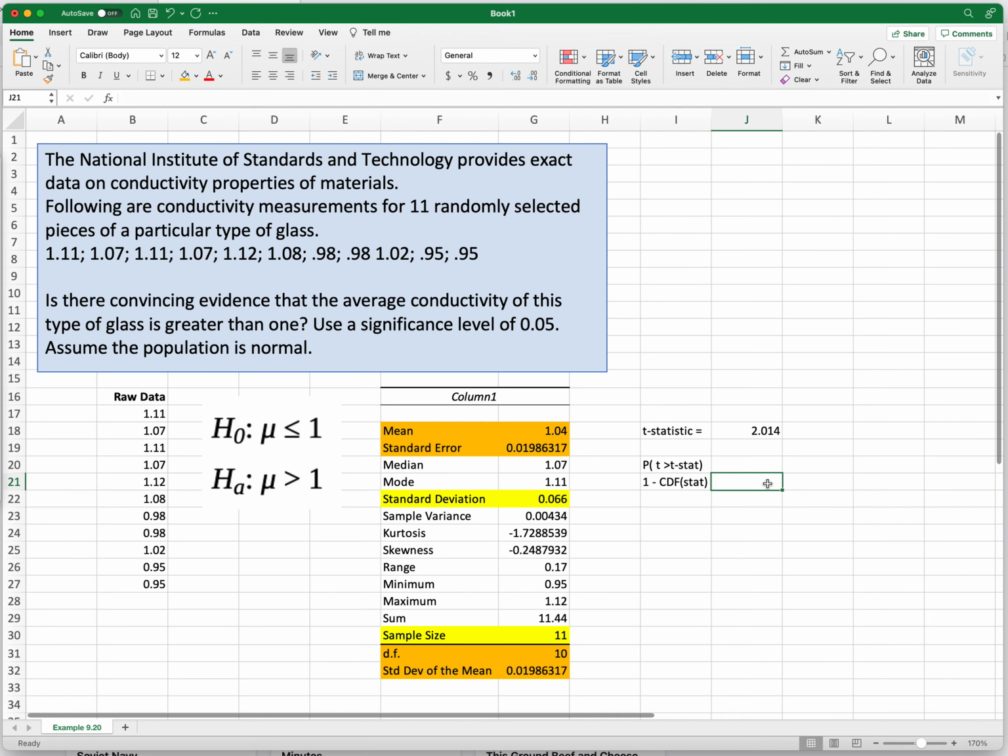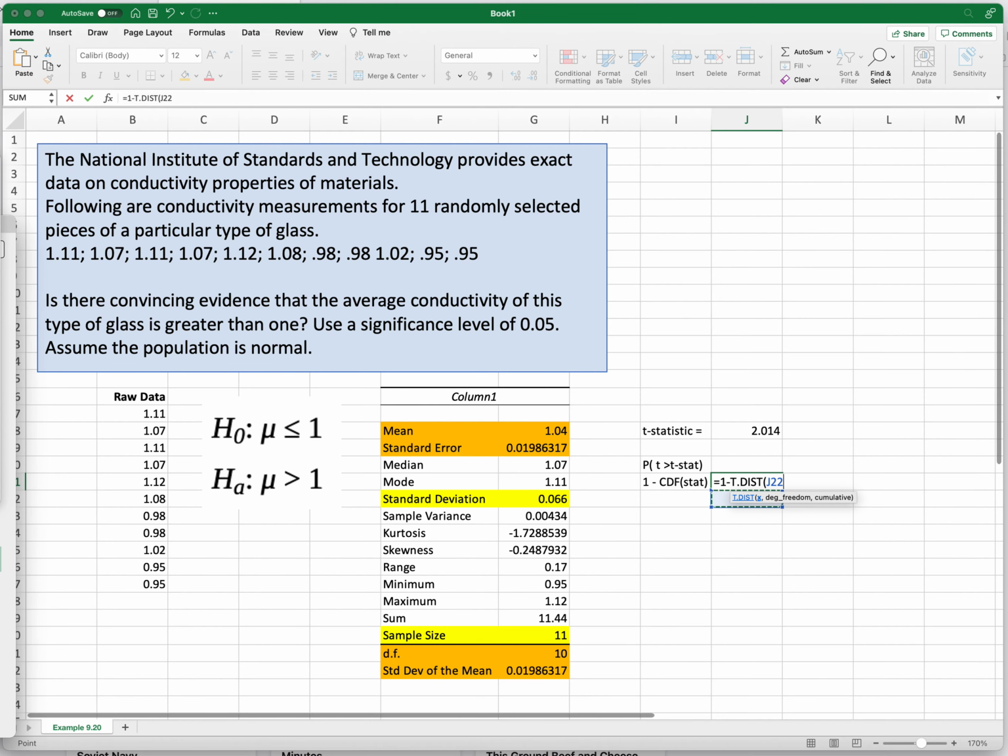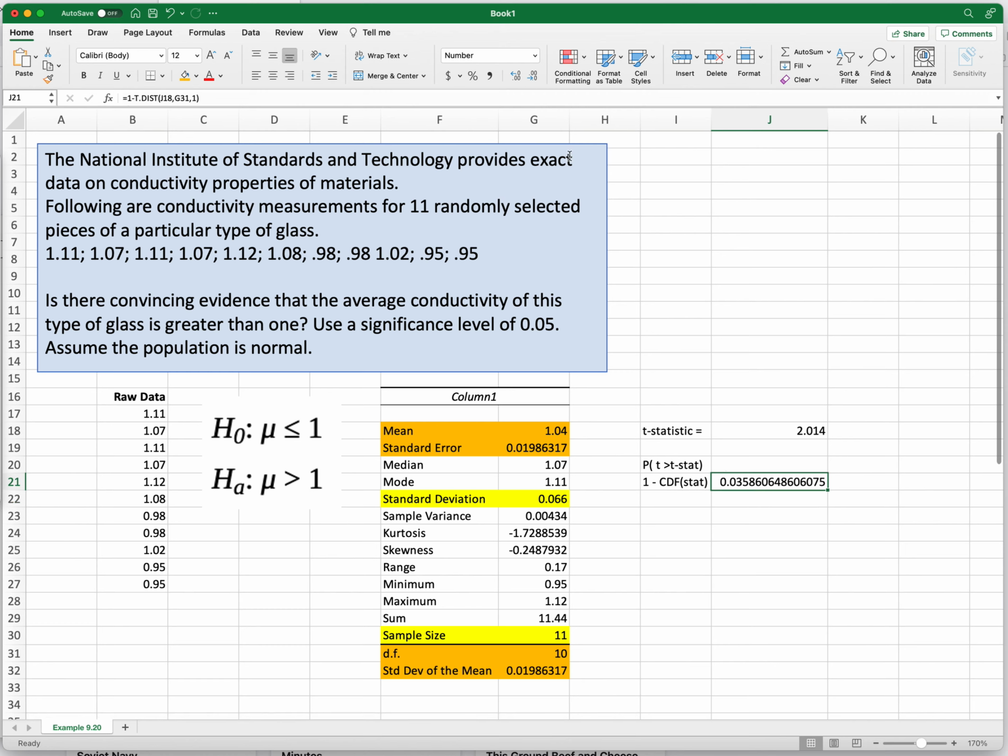Can't spell, but I'm okay. So I'm going to say it's equal to 1 minus, now I have T.DIST, which, if I double click on that, is a cumulative distribution of the t distribution. So I want not J22, but I want this 2.014, comma, what's my degrees of freedom? 10, comma, 1 for cumulative distribution, and I get this ridiculously long decimal place, which, let me take it down